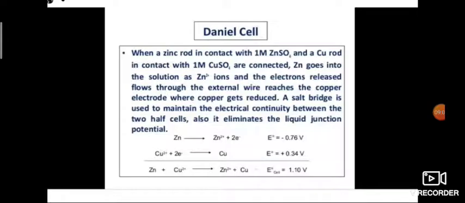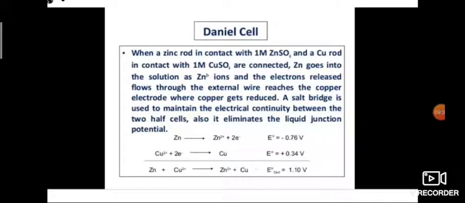Connect the two beakers by using a U-shaped salt bridge containing a solution of potassium chloride or potassium nitrate. The salt bridge provides an electric contact between the two solutions without allowing them to mix with each other. Connect the zinc rod and copper rod with an ammeter and switch. When the switch is off, no current flows because no reaction takes place. When the switch is on, the following reactions occur.